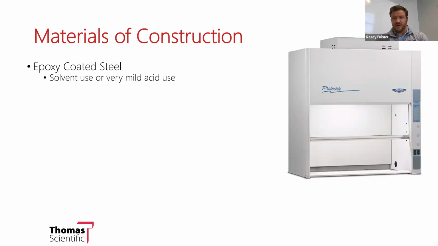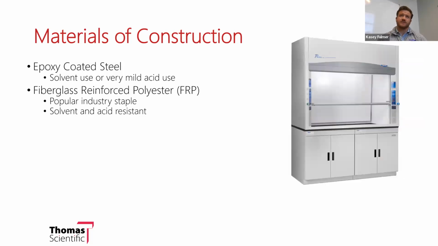For those applications, there's a much better material of construction, and that's fiberglass reinforced polyester, or FRP. If you see that acronym, it's talking about this material, and the reinforced polyester is a very chemically resistant material that is both resistant to solvents and harsh acids. We have applications where we know that customers are using very, very volatile acids, and those are compatible with the